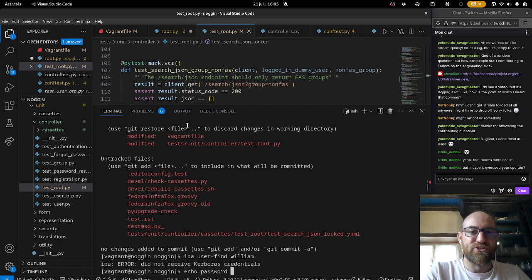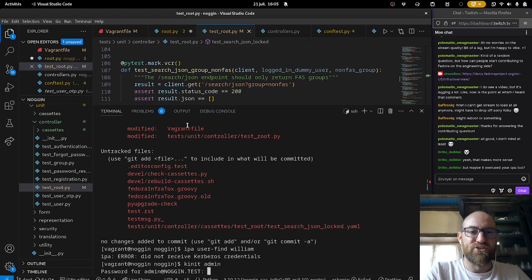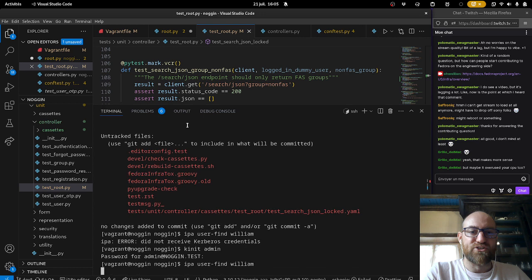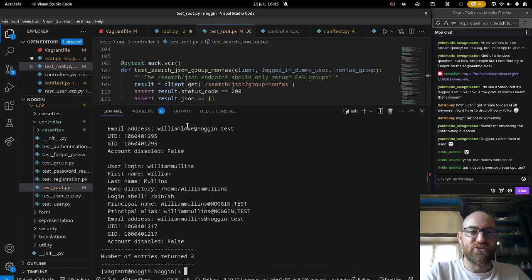On the test VM, there's an account called admin, and it has a password. Extremely secure, but that's the development VM, so of course, why not? Do we have a William? I'm pretty sure we have Williams. Yeah, we have William Mullins right here, and the account is not disabled, as you can read right here.